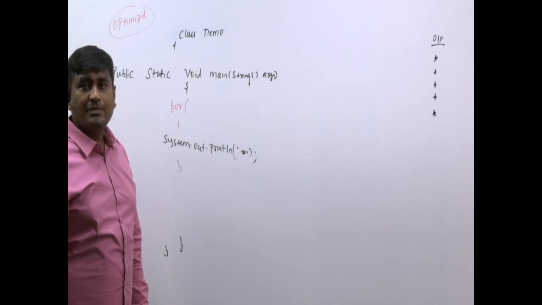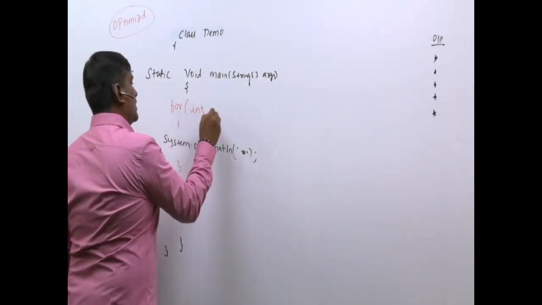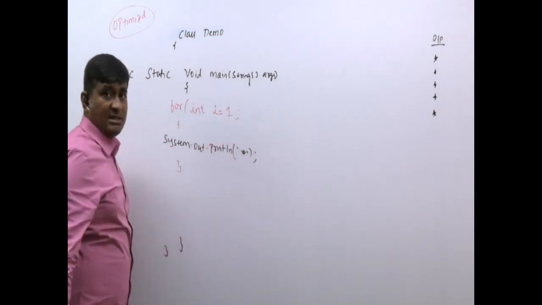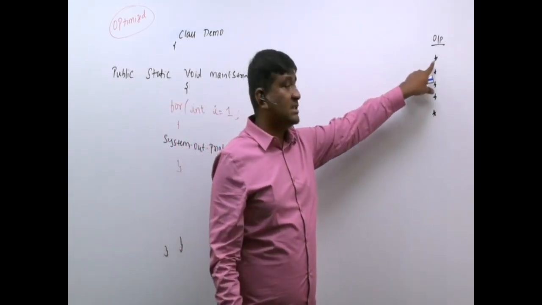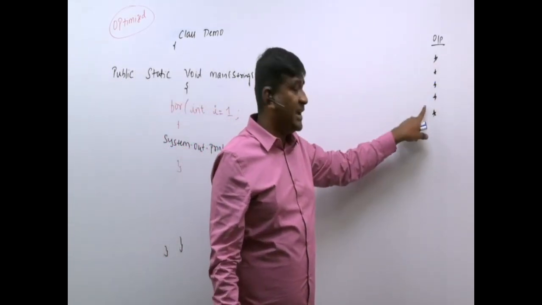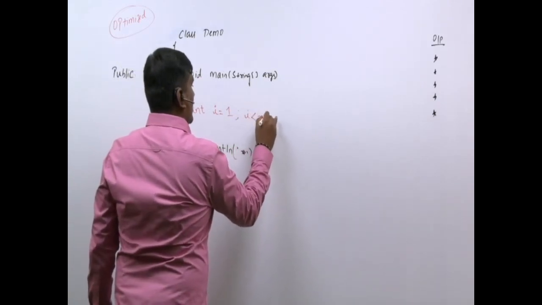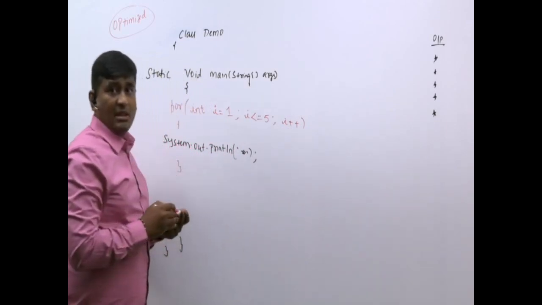For loop. Now inside this for loop, I will write like this: int, one variable called i, I will tell i equal to 1, which means start printing the first star. How many stars do you want? 5 stars I want to display. Hence, I will tell i less than or equal to 5, i plus plus, like this.